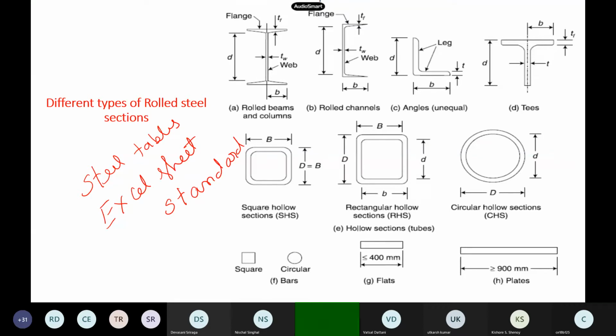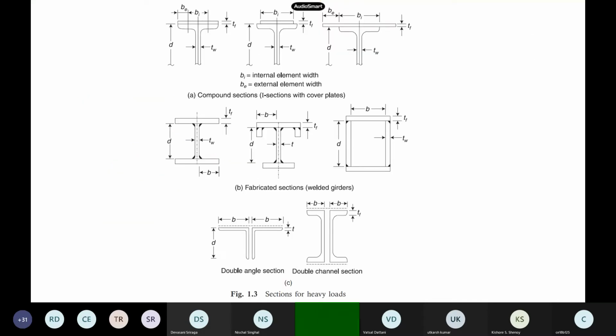Sometimes there are other issues. You might have designed I sections here, but economy also matters a lot, because of the weight of the steel. Of course, dead load we can compute, but the weight of the steel can be used to find out cost also, because the cost is proportional to the weight itself. So sometimes instead of I sections, we use other sections depending on availability. Many issues will be there. Now apart from this, we also use what we call compound sections, or built-up sections.